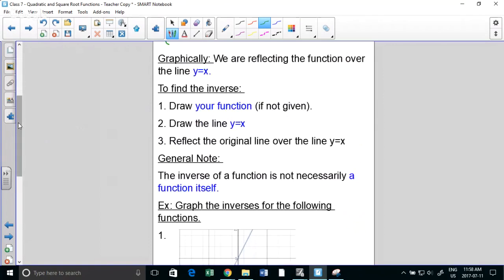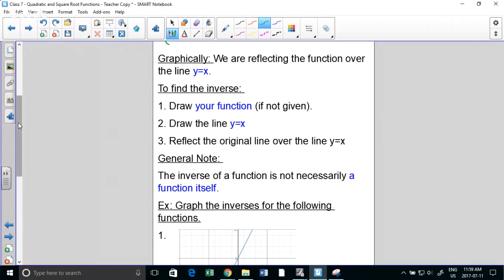So this is just saying this in a real formal sense. Graphically speaking, we are doing a reflection. So an inverse is a reflection over the line y equals x. Now, some of you may have seen this, some of you may not. In elementary school, you had those red things when you were doing reflections. It was a see-through piece of plastic where you would put it on your reflection line and copy it, and you can do the reflection. So essentially that's what we're doing.